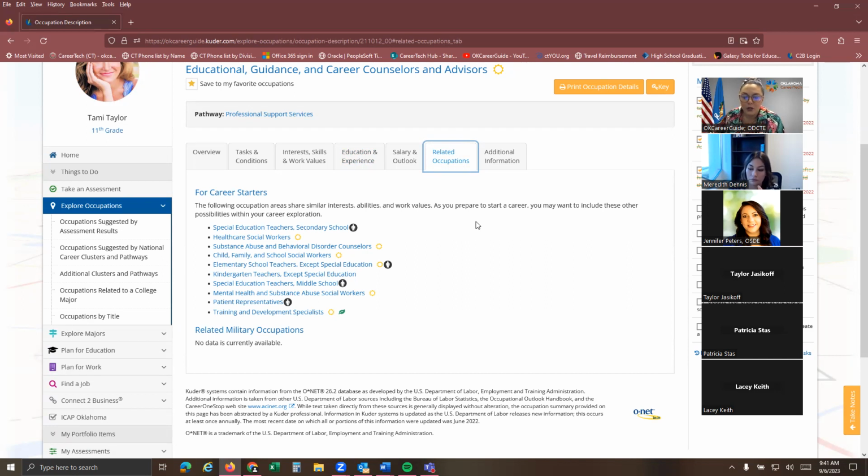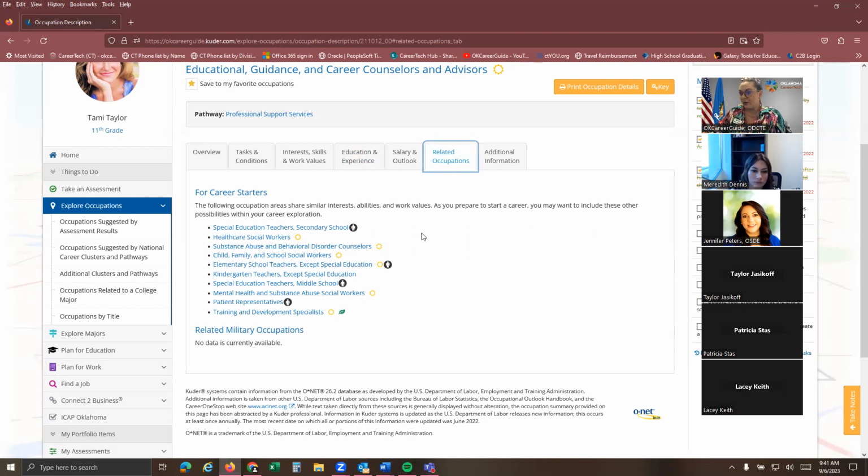So you'll notice these little symbols next to the occupations. The little human, if it is the shape of a male, means that there are not a lot of men in that occupation.